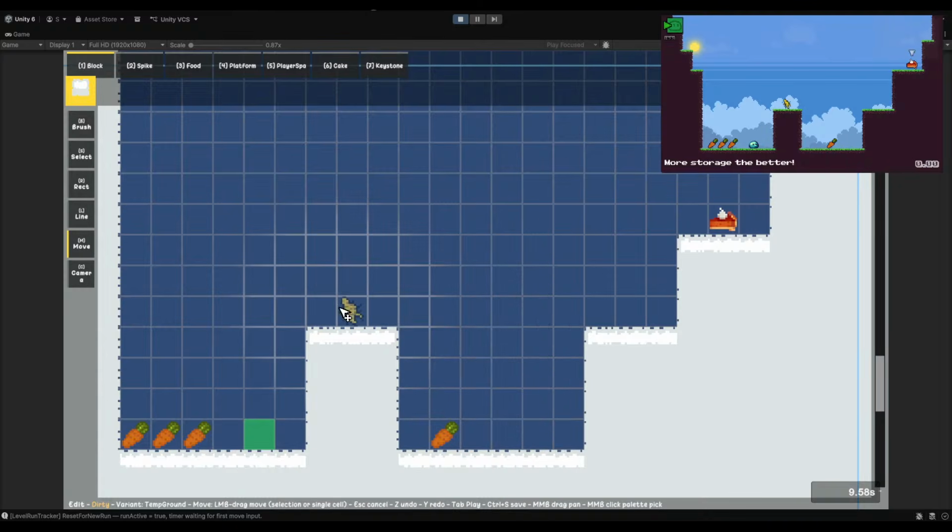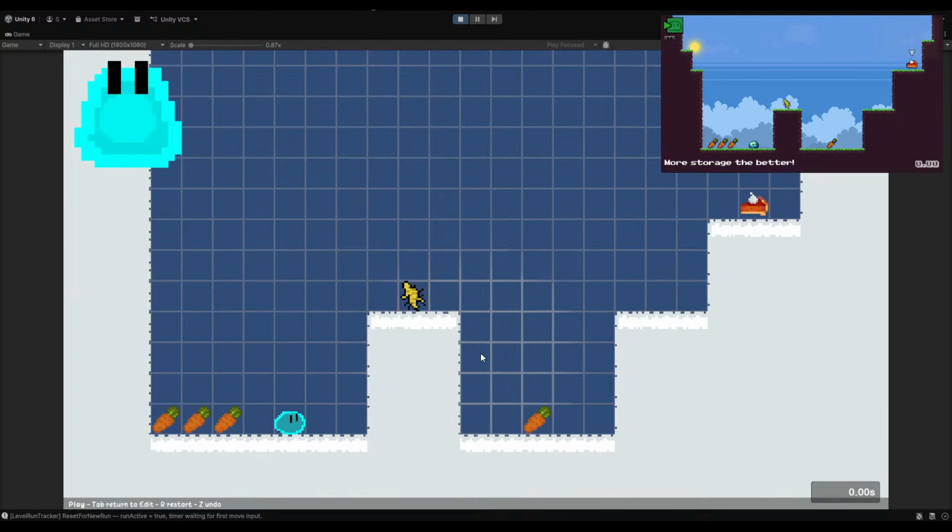1 carrot. You put it there. Right. Also, is this jump possible? I think I made it so only 3 gaps are easily possible. So this should be pretty clear to players that that jump is not possible.